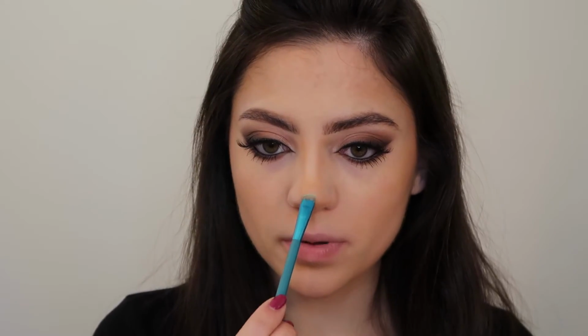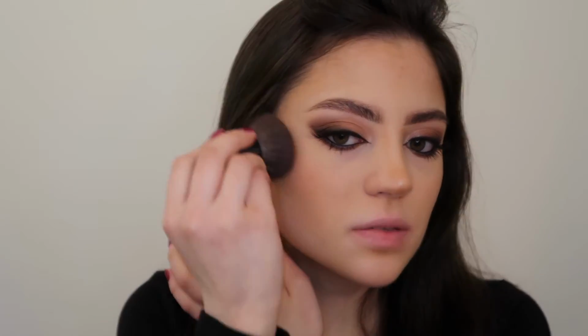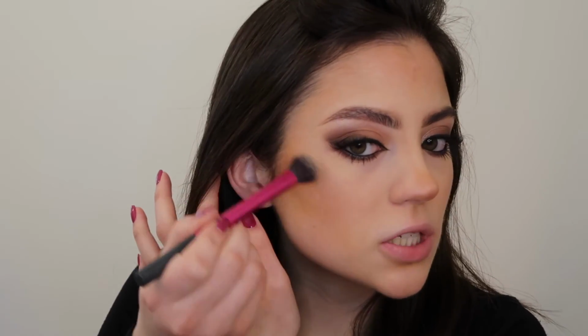And I'm adding a little bit of highlighter to my nose. I've added blush before I did my highlighter, but I forgot. So I'm just adding some NYX blush. It's in the shade Pinched. And now I'm adding my highlighter, placing it also onto my cheekbones,